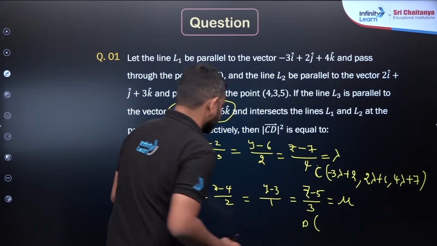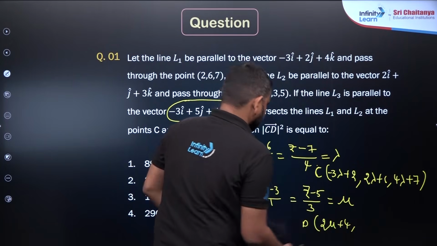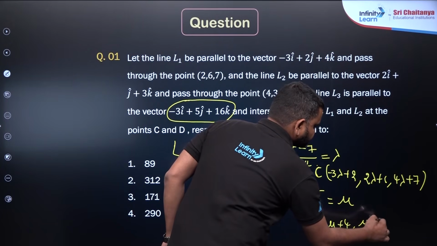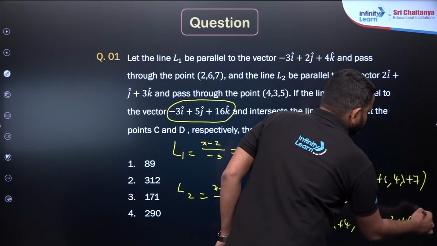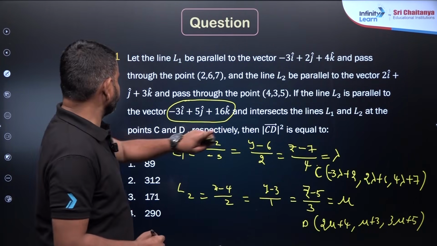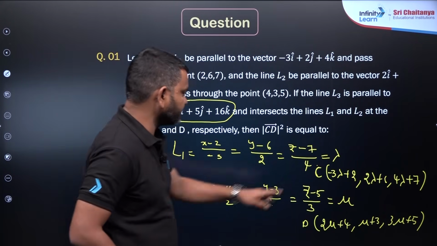And if this is mu, here I am going to get point D. If I am writing point D here, this is going to be (2 mu plus 4, mu plus 3, 3 mu plus 5), right? Now it intersects at C and D respectively, so CD squared is equal to... so the CD equation, if I am trying to write,